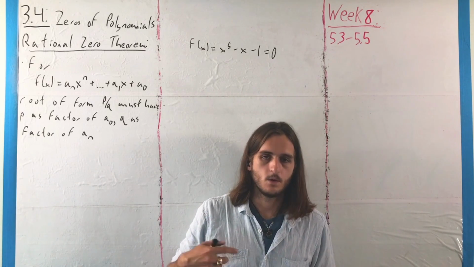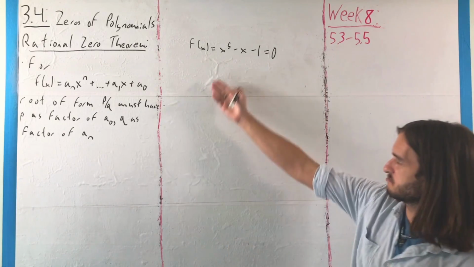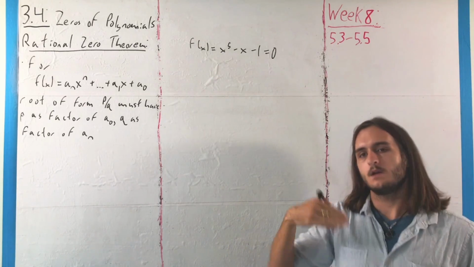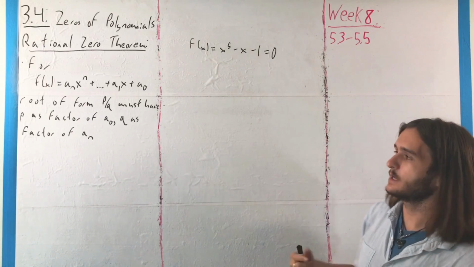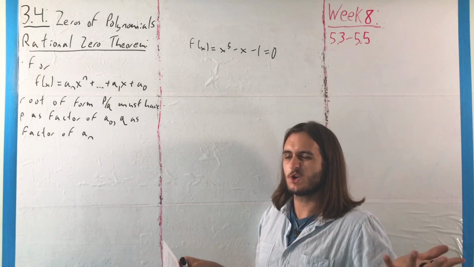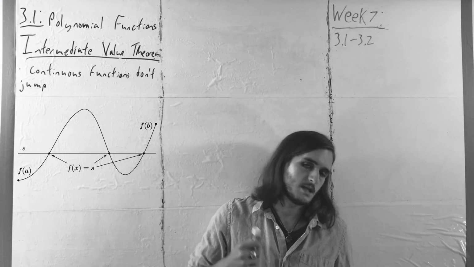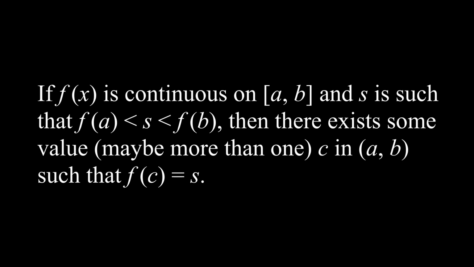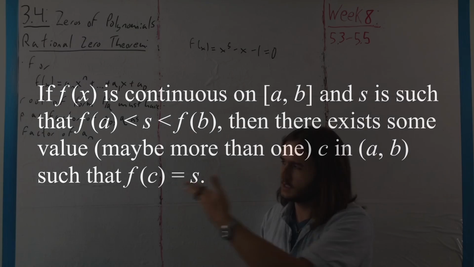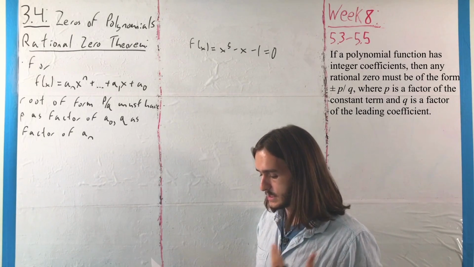Where what we can do instead, what we can try and do, is figure out what could possibly happen in here, whether we have any nice options to figure out what could go wrong, what could happen. Things like the intermediate value theorem could help us get some sense of if there are zeros. And we're going to see that we have more options here with things like the rational zero theorem, which says